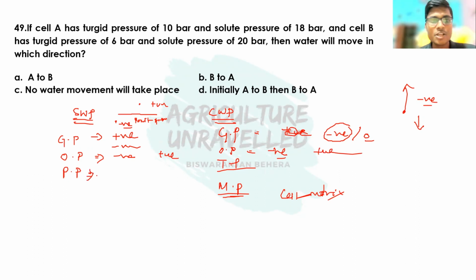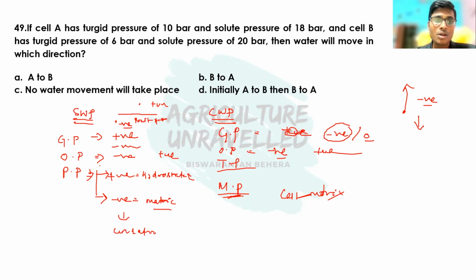In soil, pressure potential can be positive. When pressure potential is positive, it is known as hydrostatic potential. We have already discussed this. And when pressure potential is negative, it is known as matric potential. Don't be confused between this matric potential and that matric potential; these two things are different. So here pressure potential is negative and known as matric potential under unsaturated soil, and pressure potential is known as hydrostatic potential, and the sign is positive when the soil is saturated. The concept is simple.